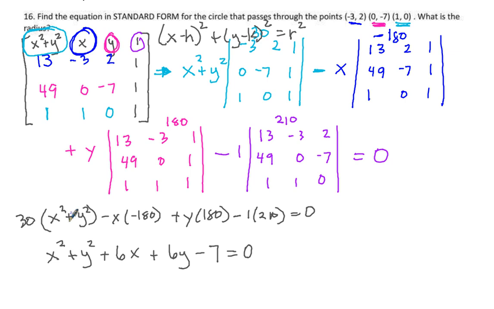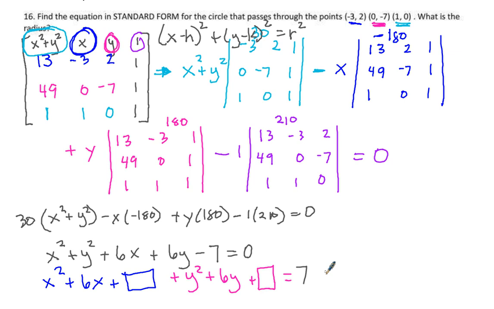I'm going to do that with both the x terms, so I get my x stuff together: x squared plus 6x plus a box. And I get my y stuff together: y squared plus 6y plus a box. Okay, the square, if you will,